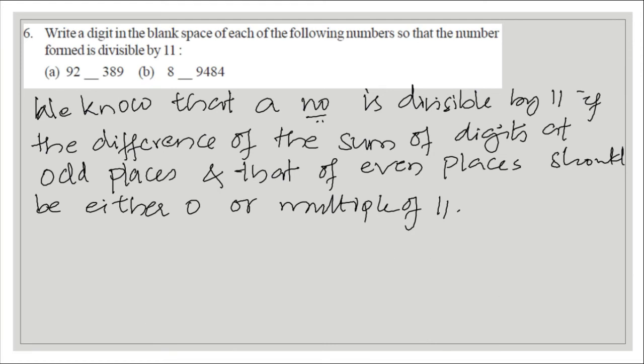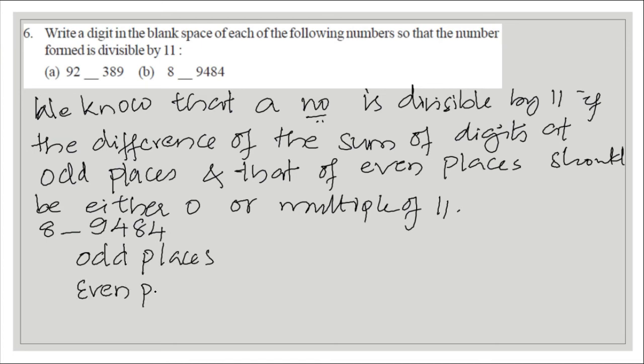We will make use of the same concept. The number will be divisible by 11 if the difference of the sum of the digits at even place and odd place should be either 0 or a multiple of 11. Here, the given number has second digit blank. Let me find out the sum of odd places and also even places. Here the odd places are 4 plus